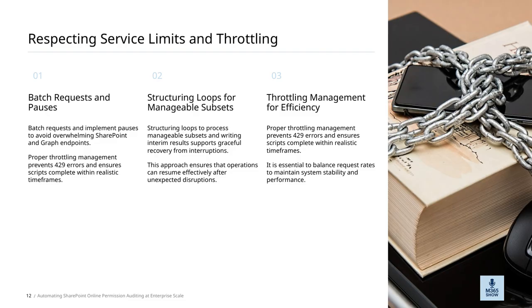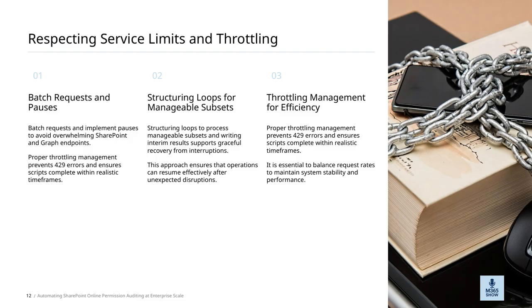responsive. One key strategy is structuring our loops to process manageable subsets of data. This way, if something interrupts the process, we can recover gracefully and pick up where we left off without restarting everything from scratch. Additionally, batching requests and inserting pauses between them helps prevent overwhelming SharePoint and Graph endpoints. This approach balances efficiency with system health, making sure our automation runs smoothly and reliably. In essence, good throttling management is about being respectful of the system's limits while maintaining performance, an essential part of